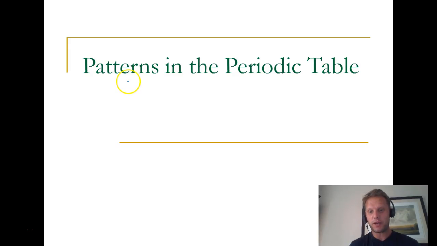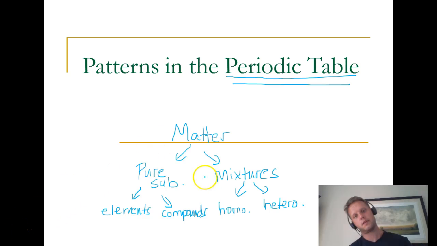All right, welcome everybody. What we're going to do is talk about the periodic table. Specifically, we're talking about patterns in the periodic table, and I'm going to try and keep this as simple as I can. Remember that matter can be divided into pure and impure substances. So matter can be divided into pure substances and mixtures, and pure substances can be divided into elements or compounds,